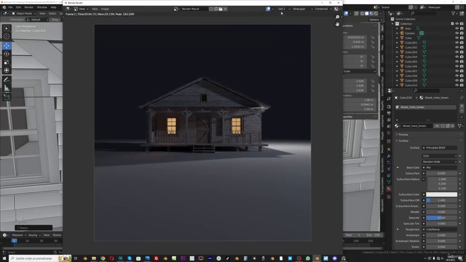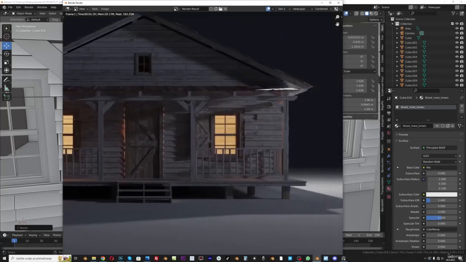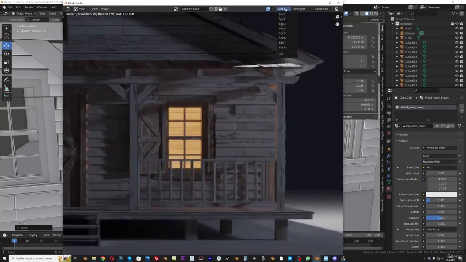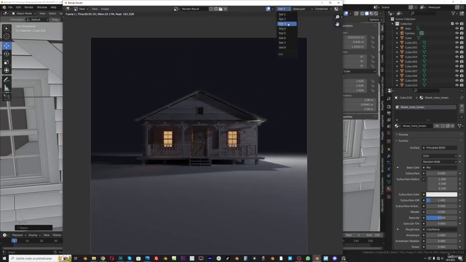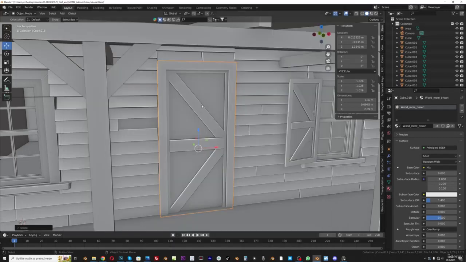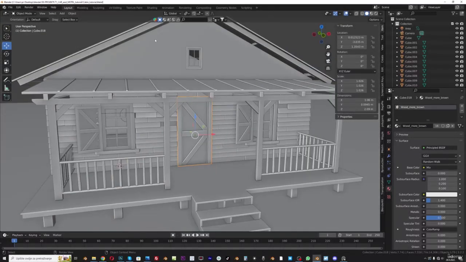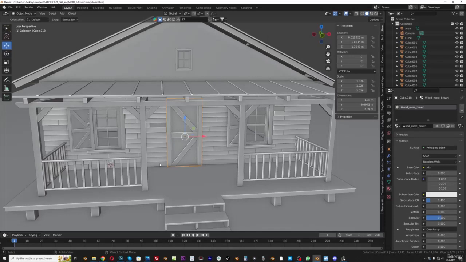Maybe it's a little too much, but you can compare these details here, before and after. I will cover also this part up, so we can duplicate these three objects and we can go with Shift